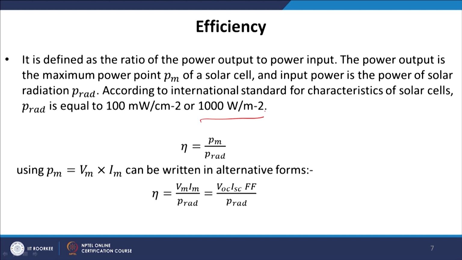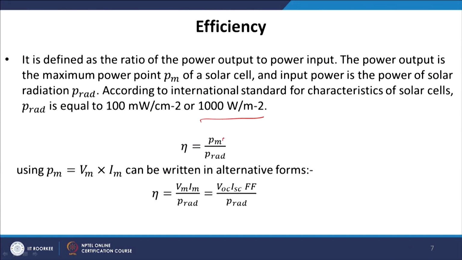Now, as I have also mentioned before, if the input value of the power is not the same while reporting the efficiency of a solar cell, there can be several inconsistencies. For example, if somebody makes a solar cell and measures the efficiency for 1000 watt per meter square, like AM 1.5, and some other person makes the same solar cell but reports the efficiency for 500 watt per meter square, then these two values will be significantly different. To avoid this inconsistency, we always keep the input power at 1000 watt per meter square.